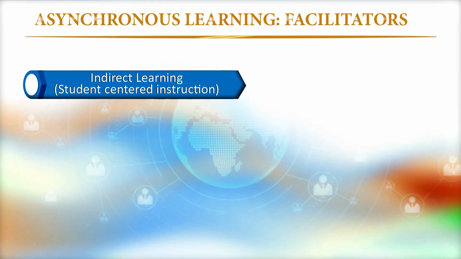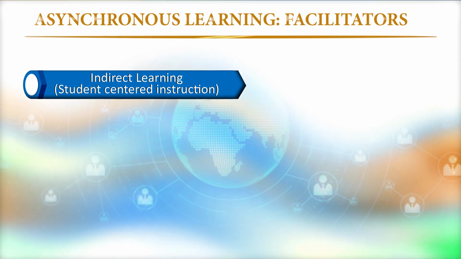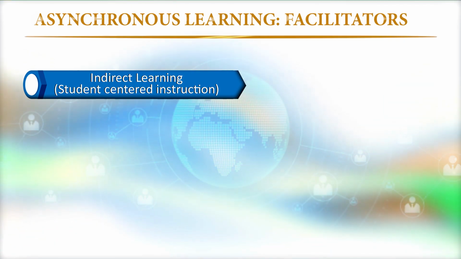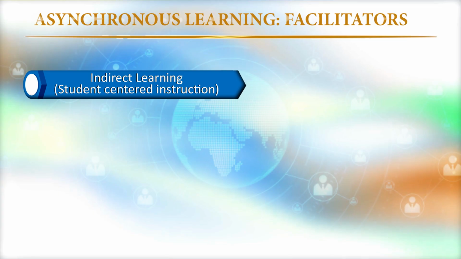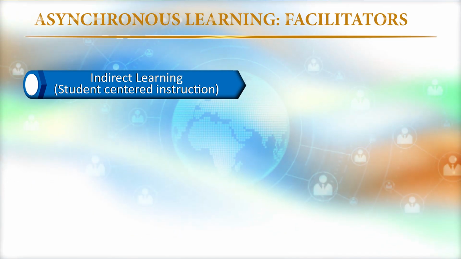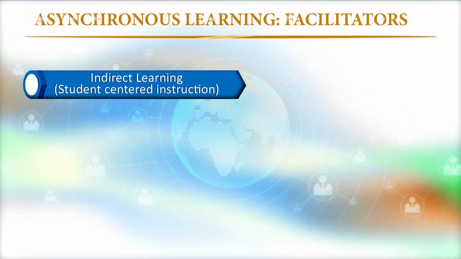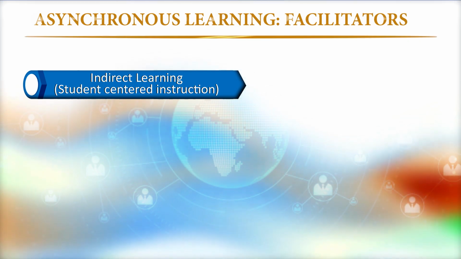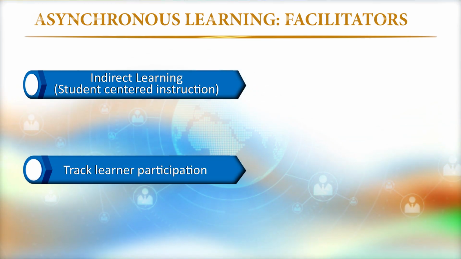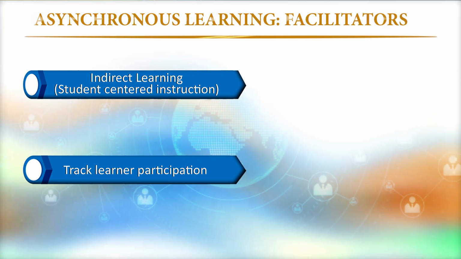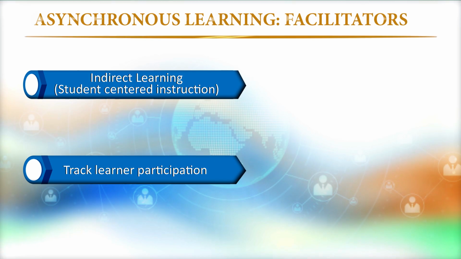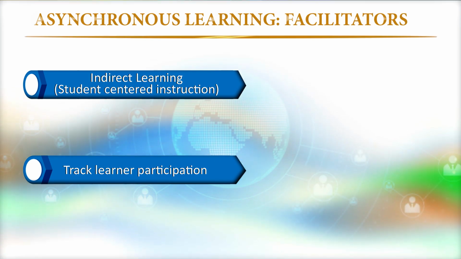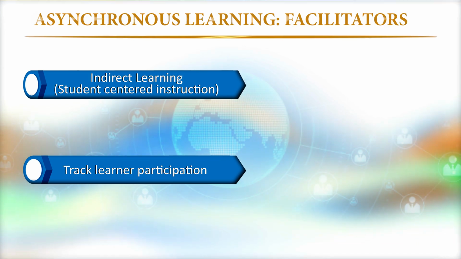And what are the strategies for the facilitator? This is indirect learning. Asynchronous learning is mostly what we call indirect learning, because student-centric instruction will be there. We have to facilitate how the students are interacting on that particular discussion forum. And also the facilitator has to track the learner's participation, because some of the students may not participate in the discussion forum. So the facilitator's role is to bring the learner on track to participate in the